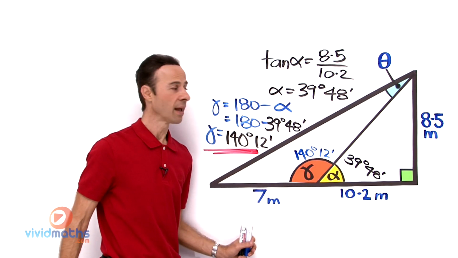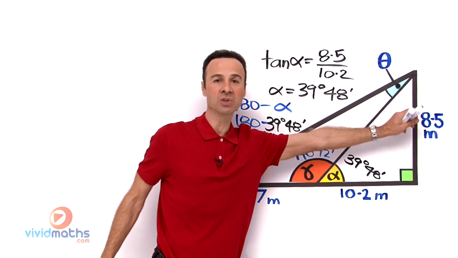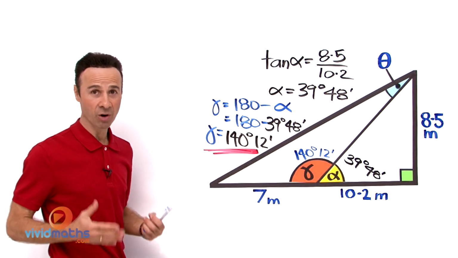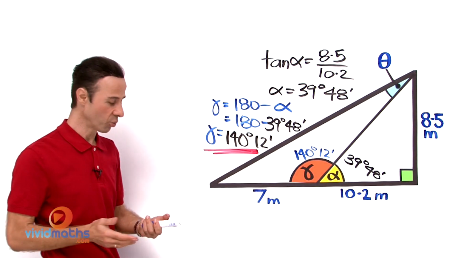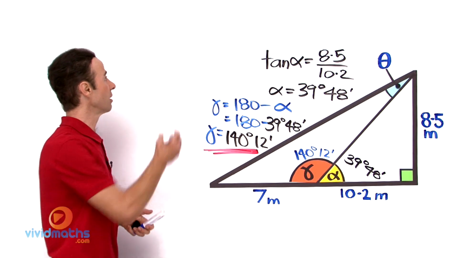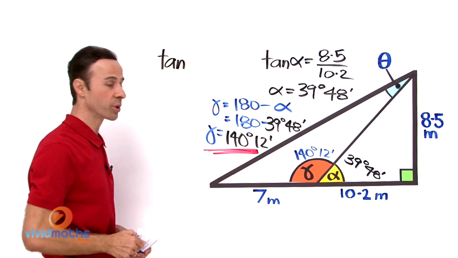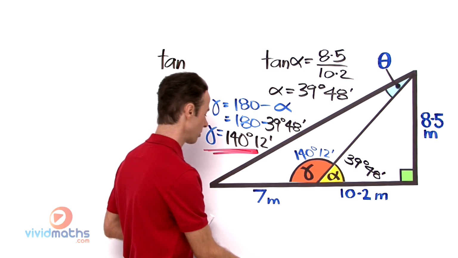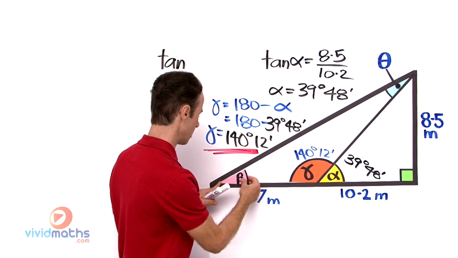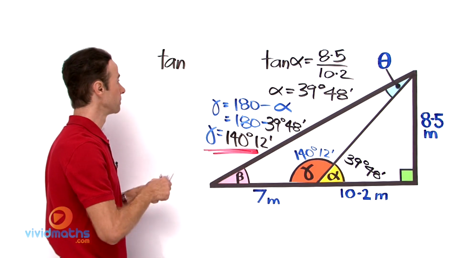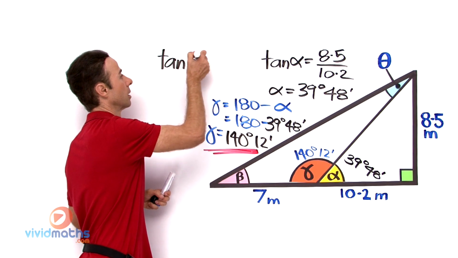which is adjacent, and we have the opposite right up there, which is the 8.5. Let's do that now. So that's going to be a tan, obviously, opposite over adjacent, as you're well aware. So let's write down now tan, and what angle should we call it? Let's call it beta. Let's put it in there. So angle beta is going to be right there. Angle beta will be, that equals,